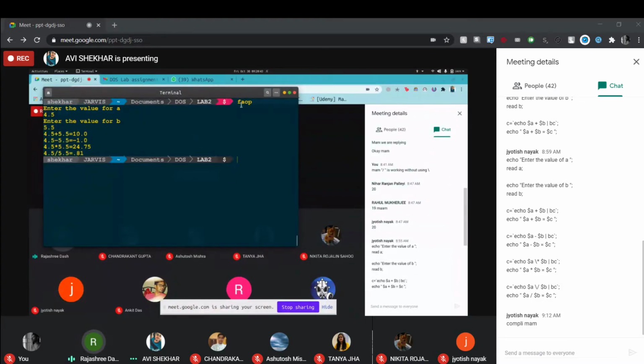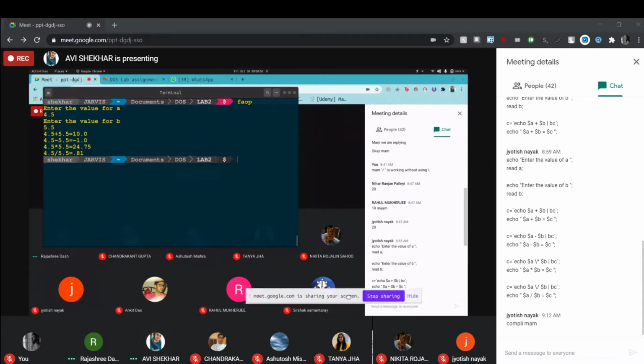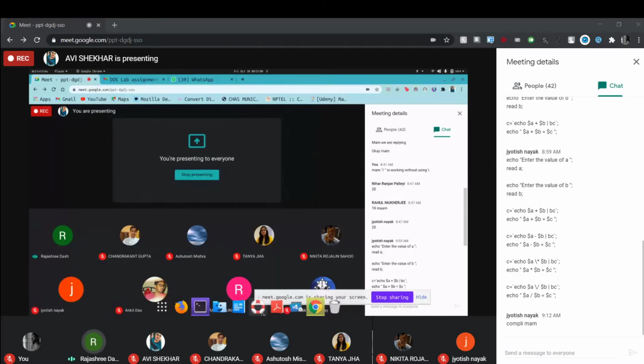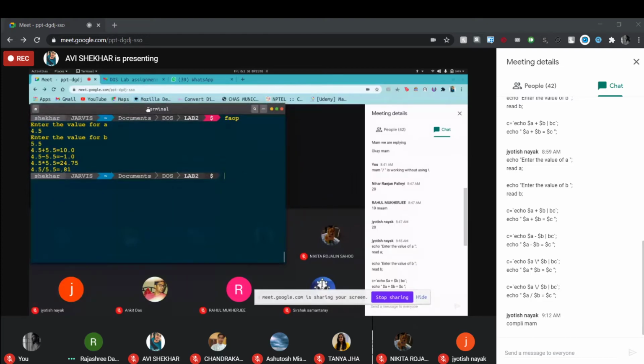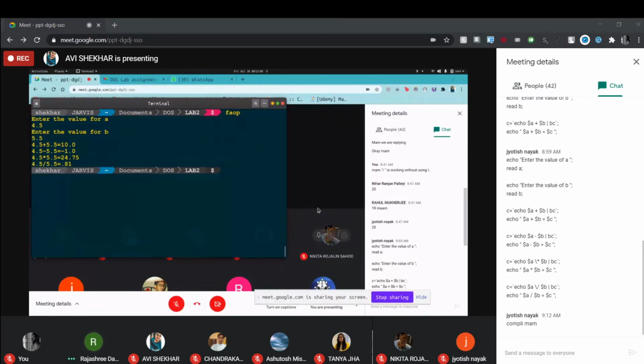So now the next concept. Up to this you are clear about how to use the user defined variables and how to use the arithmetic operators in your shell program.